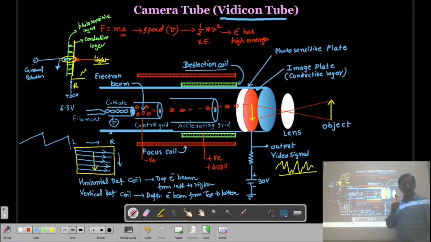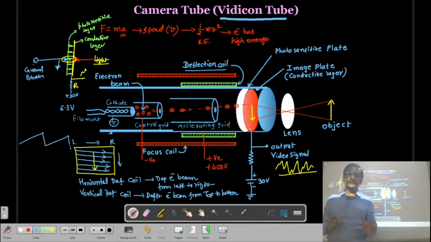So, in an oscilloscope, remember, we have a CRT. In the CRT, the electron beam is deflected due to the electrostatic plates. In the CRT, we have a horizontal deflection plate, a vertical deflection plate, and there is an electric field. When the electron enters the electric field, then it is going to be deflected. Here, instead of the electrostatic field, we apply a magnetic field. So magnetic deflection is there, and due to that, when the electron enters the magnetic field, it is also variable.